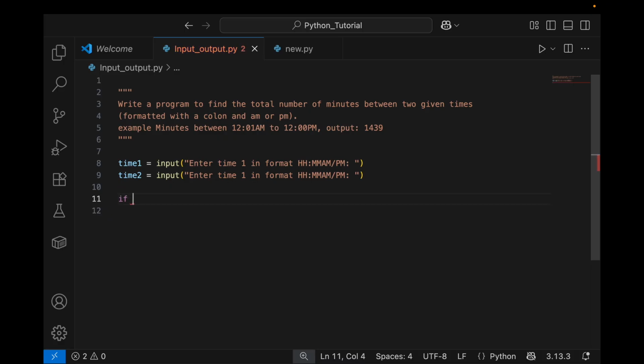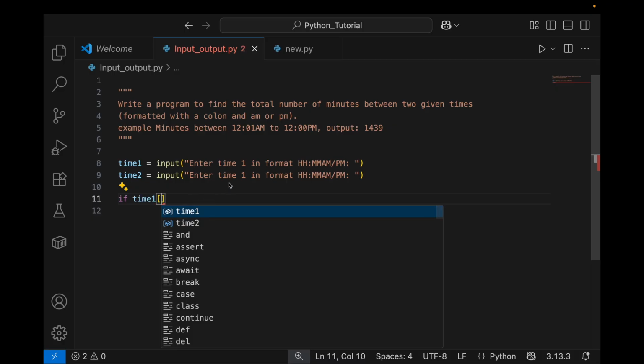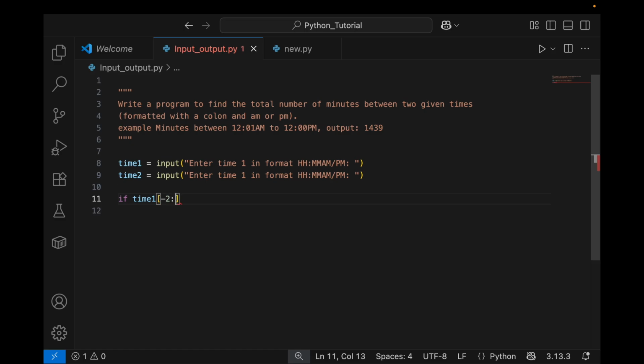I will say if time 1, let's do with the time 1 first. Time 1, how to get this AM PM? Obviously it is present at the end of this. Can I say it is -2 onwards, right? -2 onwards. If it is same as AM, right? If it is same as AM, so that means we are having the AM at that time. And what should we do here is we should convert it to, okay, AM is there, then we should check